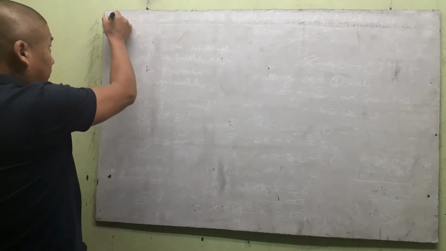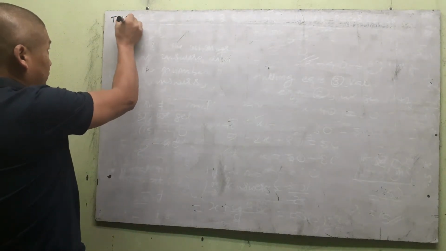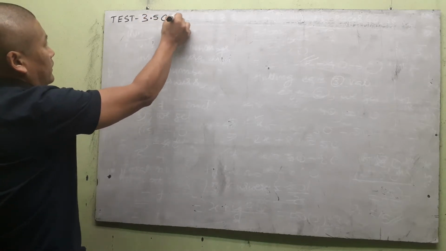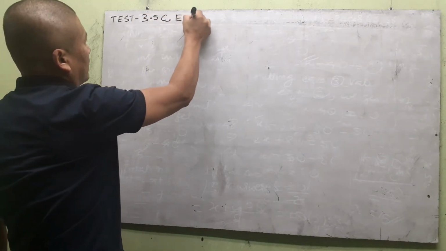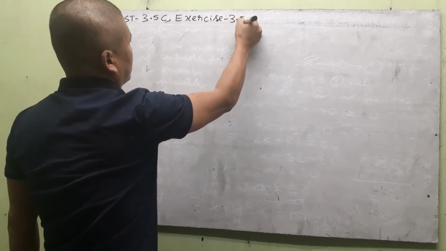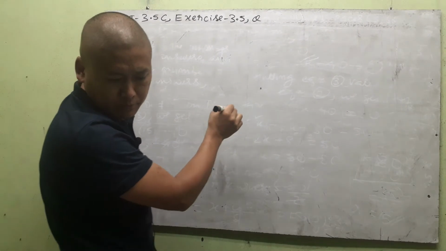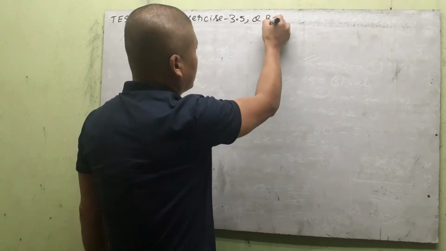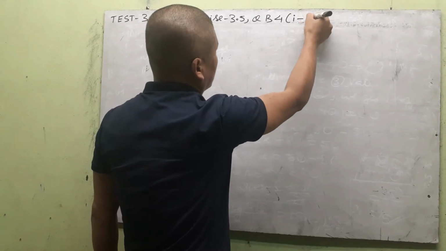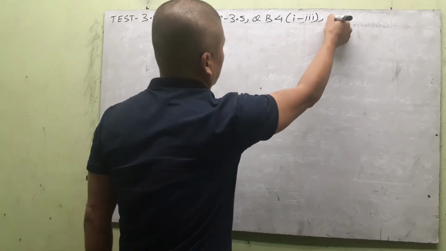Okay, so the next test here, under exercise 3.5C, exercise 3.5, question B4, subheading 1 to 3. You can write along with me. And this we'll find in the textbook,